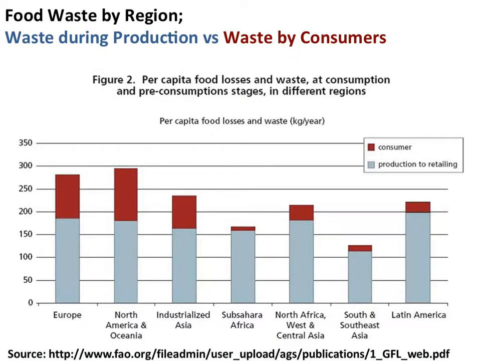In this graph, we can see food waste on the y-axis by region on the x-axis. Food waste during production is seen in light blue, and food waste by consumers is seen in red. There are a few things to see here. Notice how the food waste in MEDCs is generally higher than in the LEDCs, and that food waste by consumers in the MEDCs represents a larger percentage of all waste in those regions.